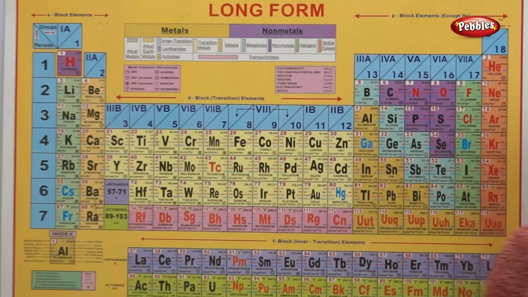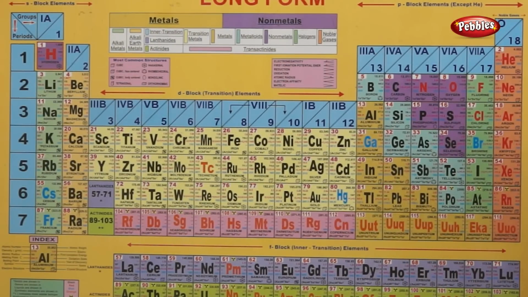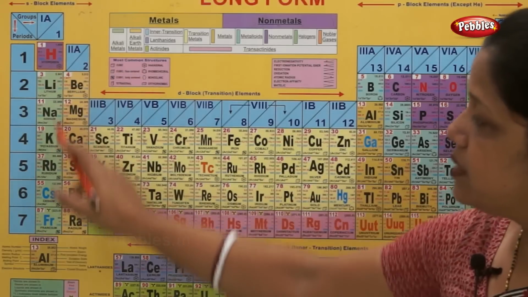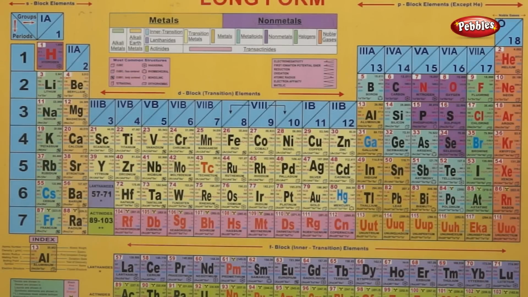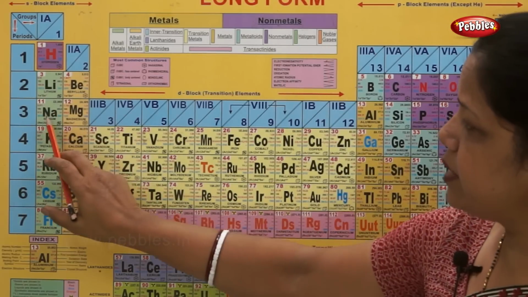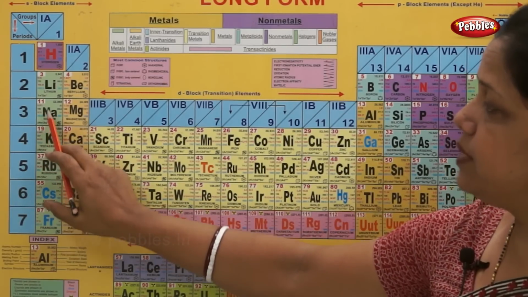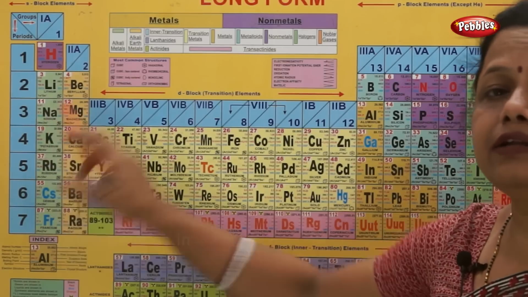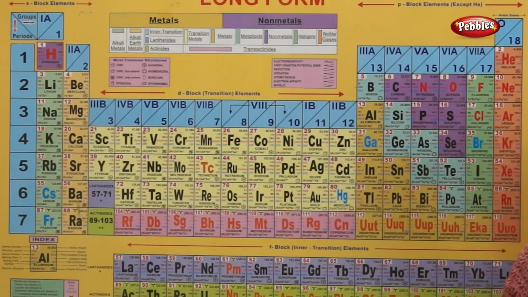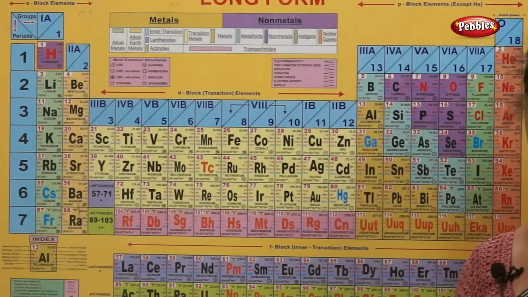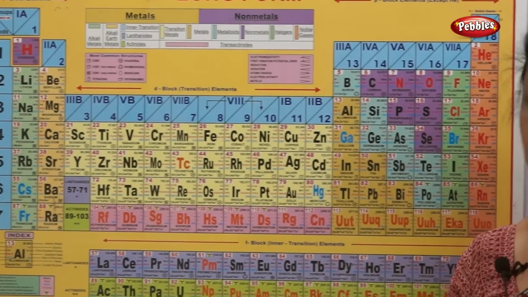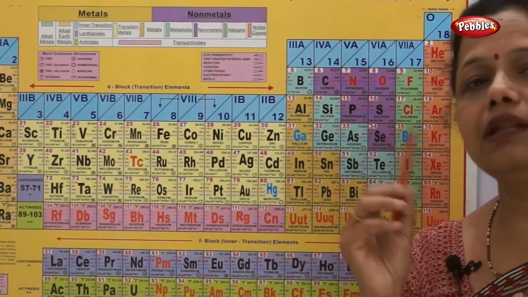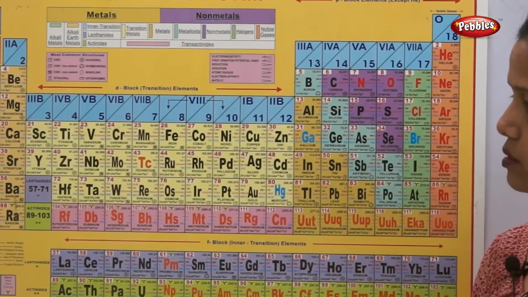The valency remains the same. Why does it remain the same? Because the number of valence electrons remains the same. This is the valency, how it is calculated. It depends on the number of valence electrons. For example, if I take sodium, the atomic number is 11. So if I distribute these 11 electrons, it will come as 3 shells: 2, 8, 1. That means in the last orbit, 1 electron is present.